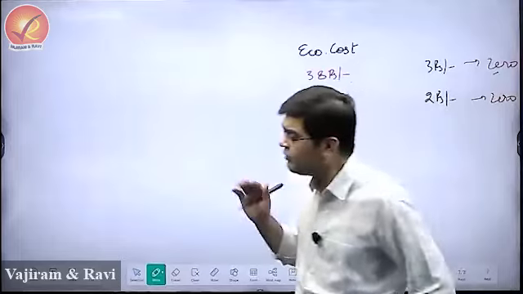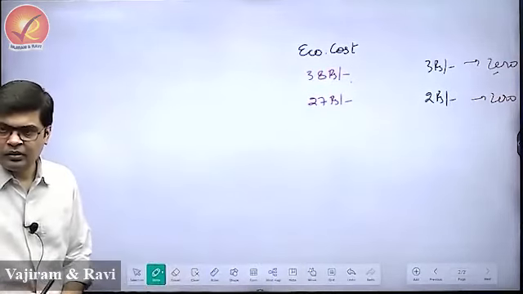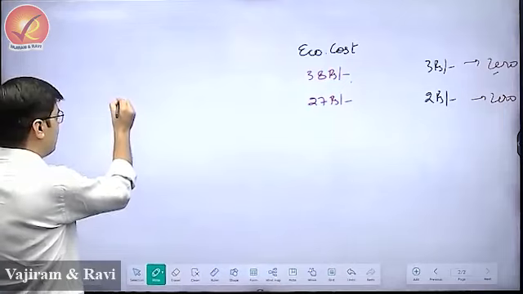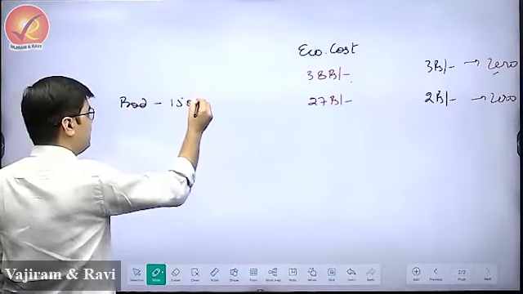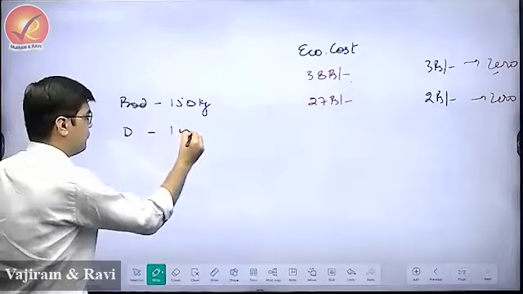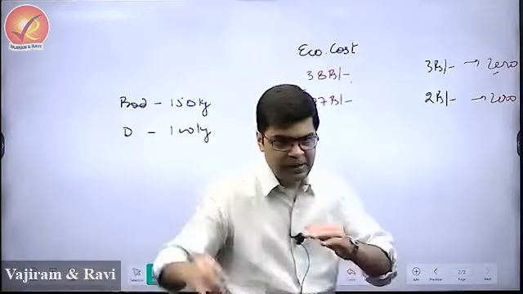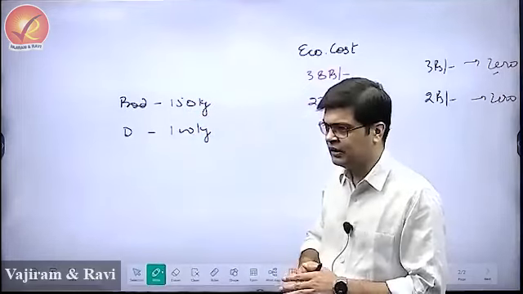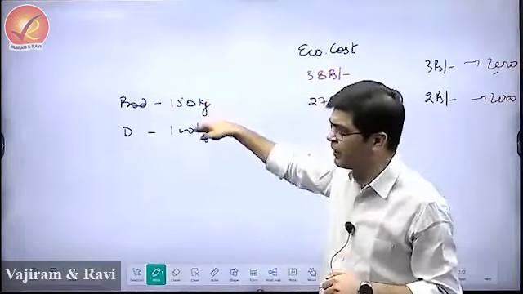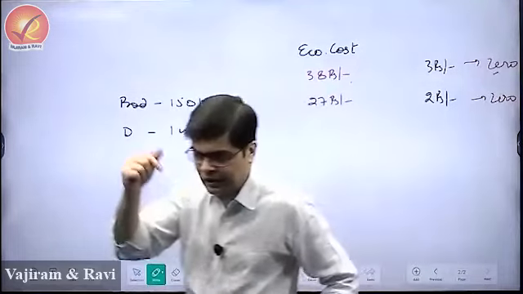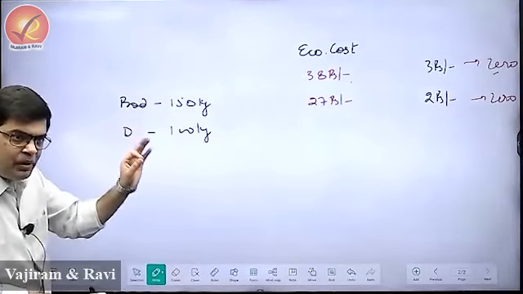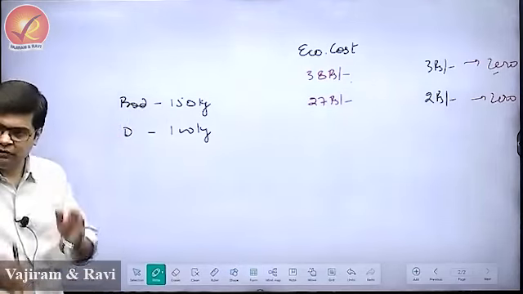Suppose I am a farmer who is cultivating a crop. Suppose the total rice production in India is 150 kg. Demand for that rice is, let's say, 100 kg. Supply is 150 kg, demand is 100 kg. If supply is very high and demand is very low, what is going to happen to the price? The price is going to fall. And if the price falls, who is going to face the problem? The farmers are going to face the problem.